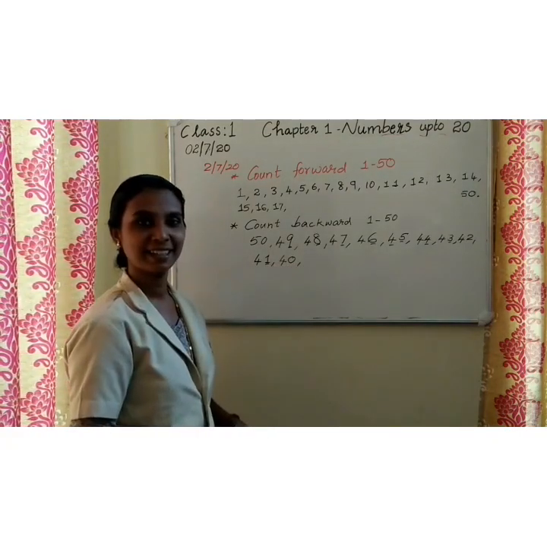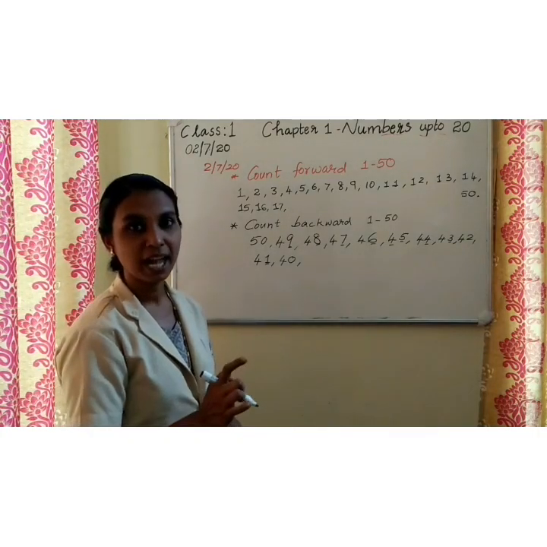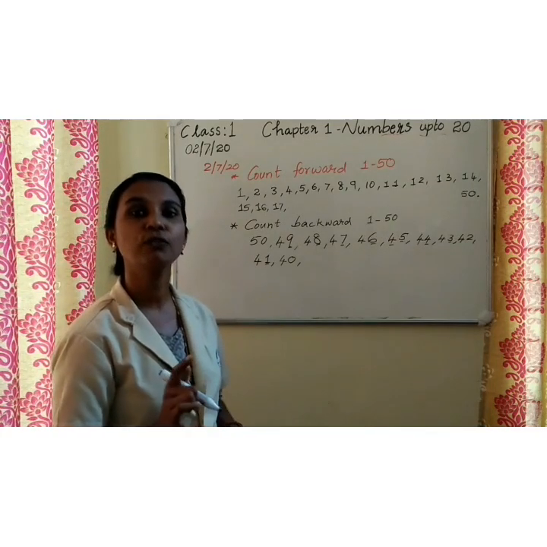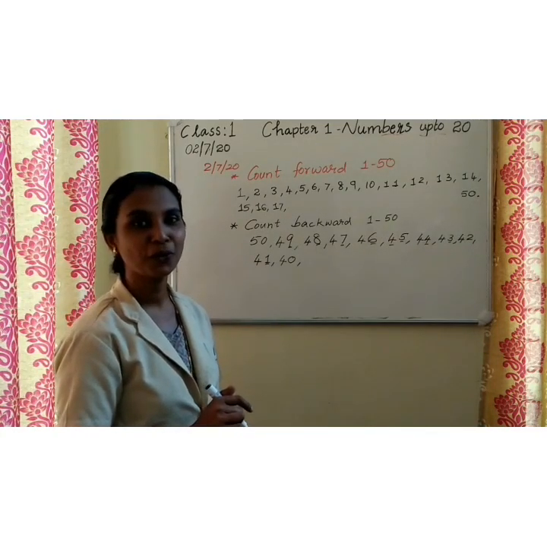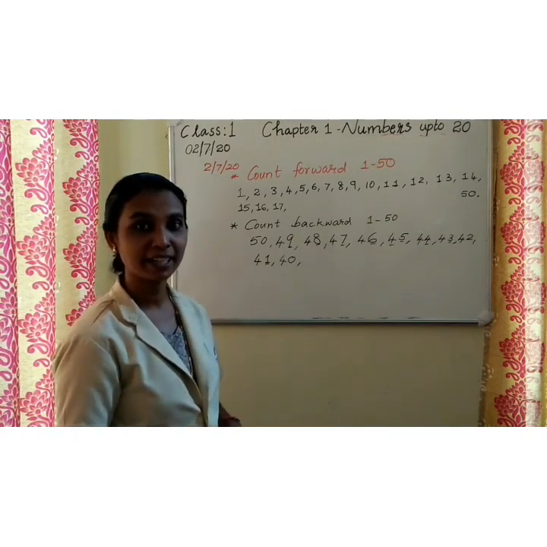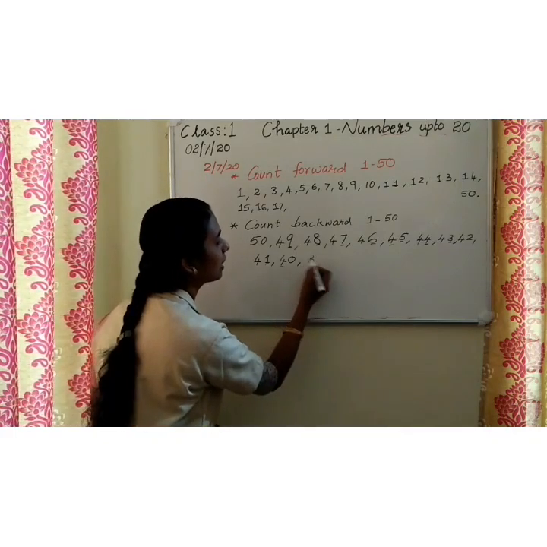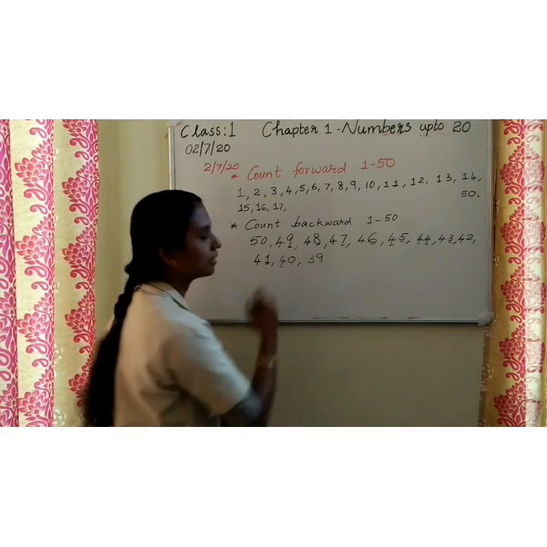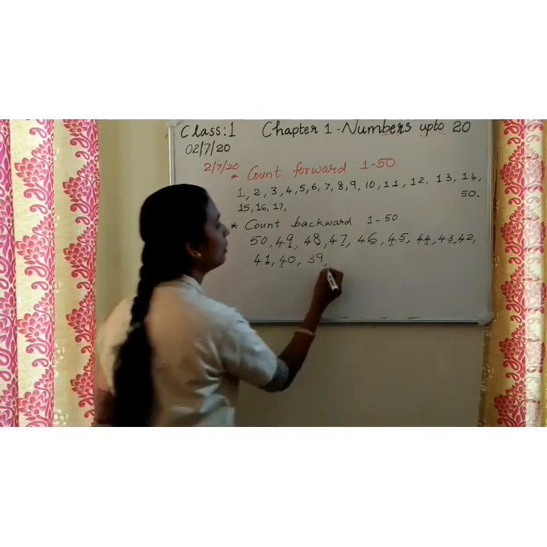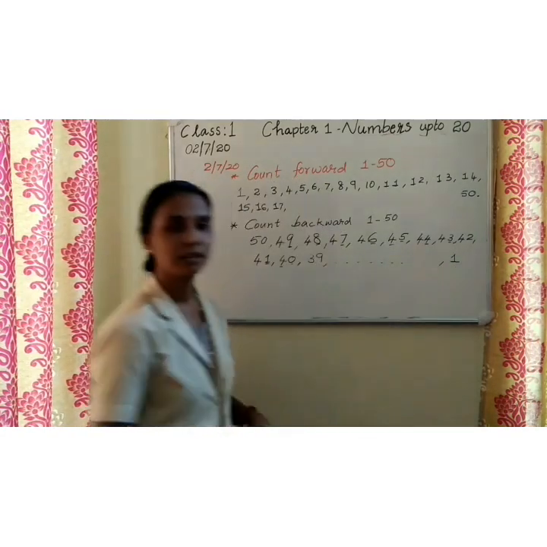Yes. You already know to count numbers 1 to 50. And tell me, what is the number before 40? What comes before 40? Do you know? Revise. What comes before 40? Yes? Okay. See, the 4 becomes 3. And the 0 becomes 9. So, it is 39. Understood? Yeah. So, you write and finish in 1.